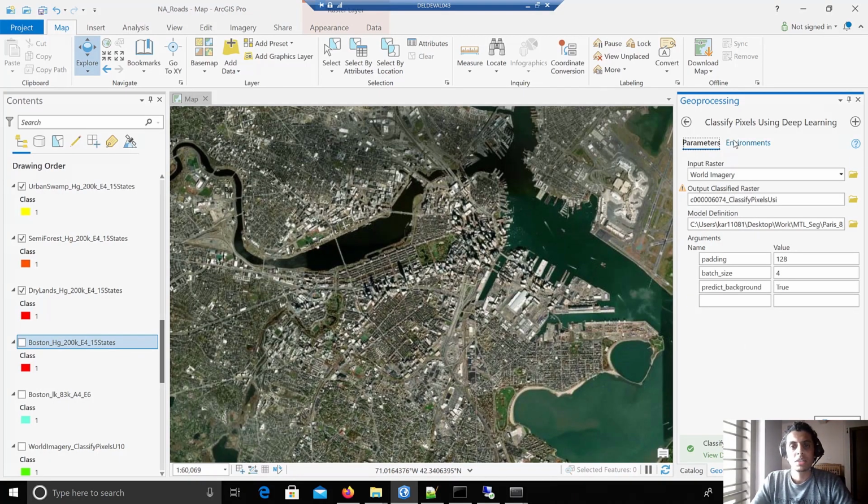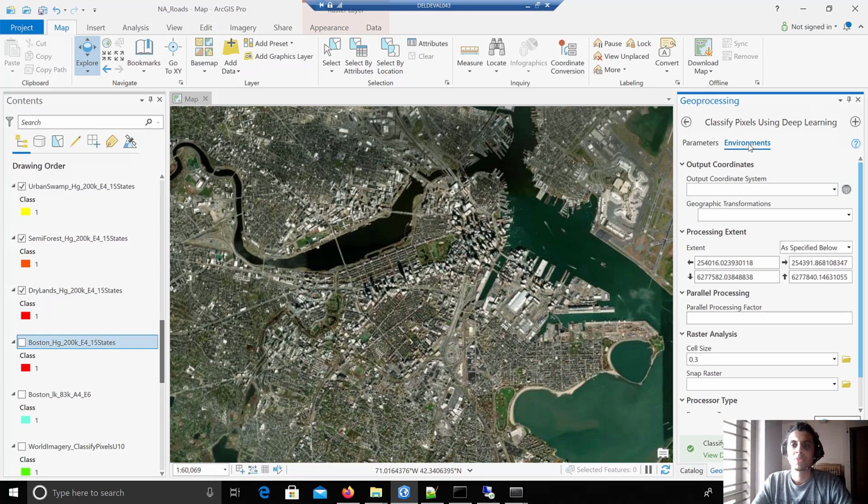The inference of the trained model is performed using a geoprocessing tool called Classify Pixels Using Deep Learning. Here we pass the input raster and the path to the saved model. We keep the rest of the parameters at their default values. We also keep the cell size as 0.3, which is the same cell size we used while exporting the training chips.